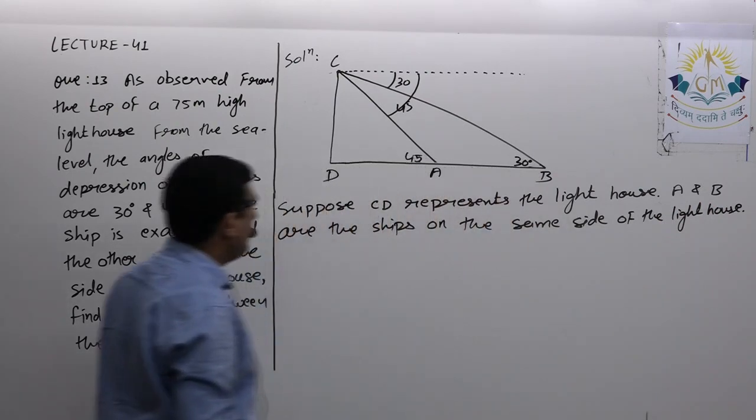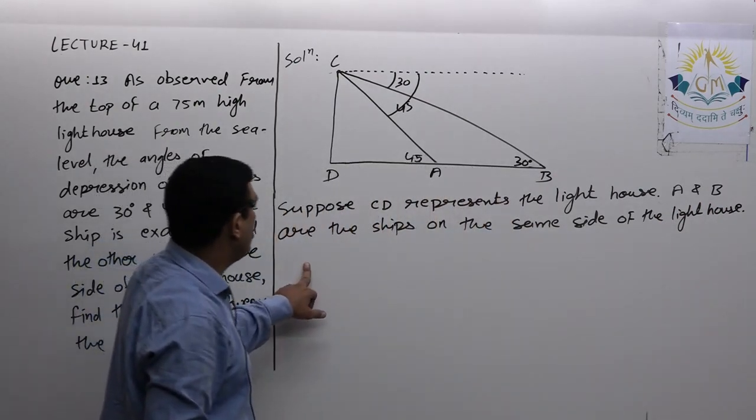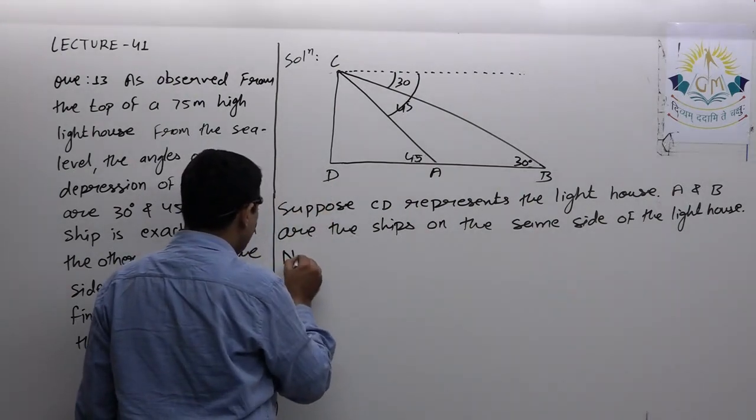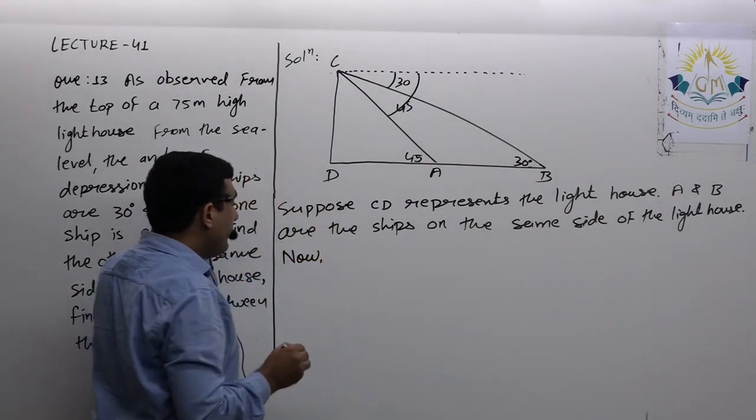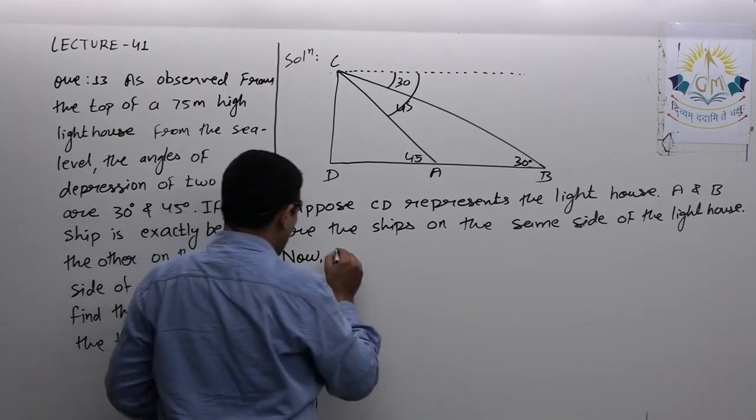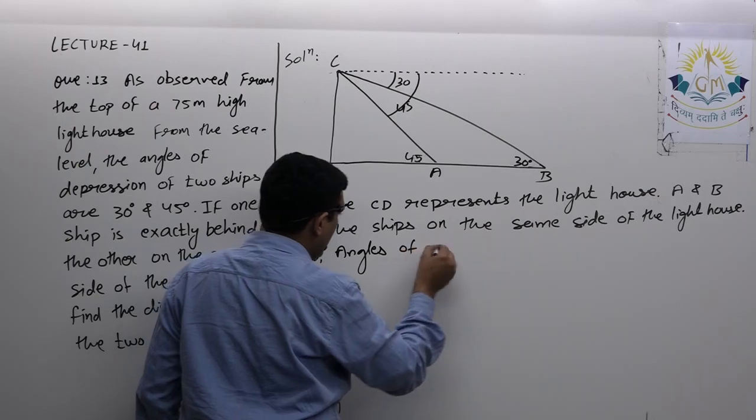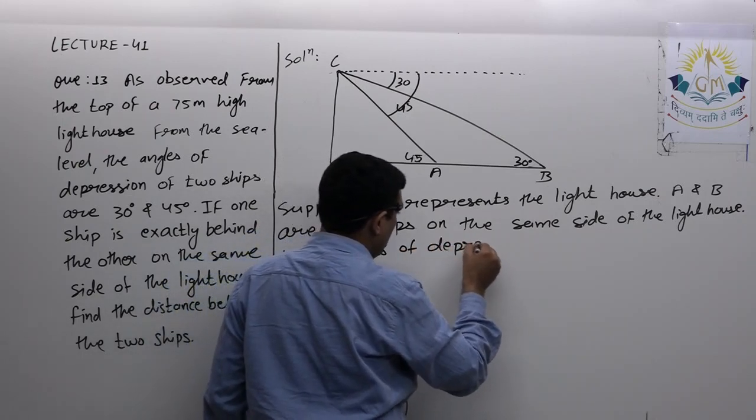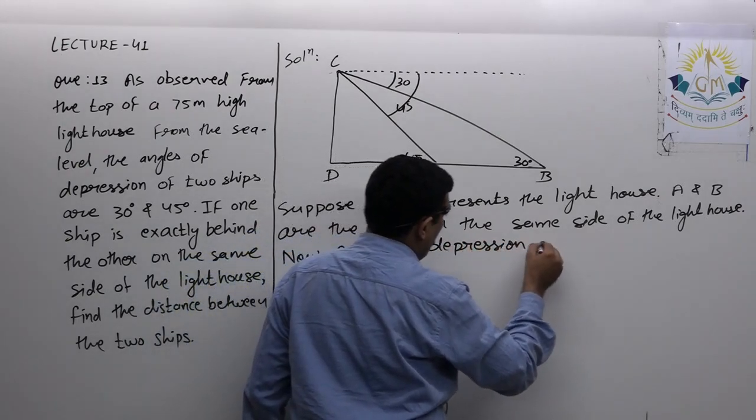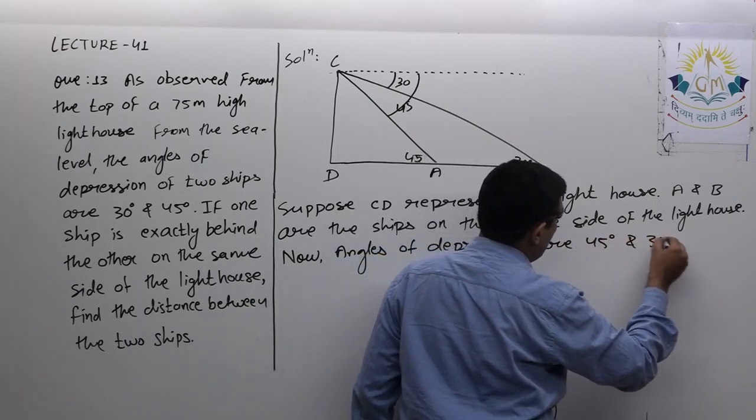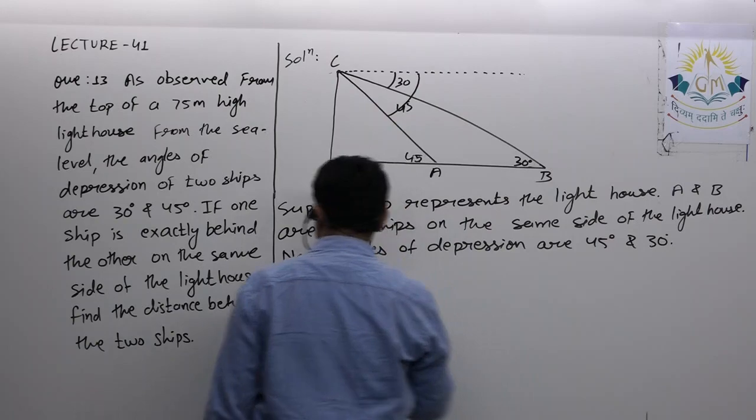Okay, suppose CD represents the lighthouse, and A and B are the ships on the same side of the lighthouse. Now the angles of depression are 45 degree and 30 degree. That is, I can say